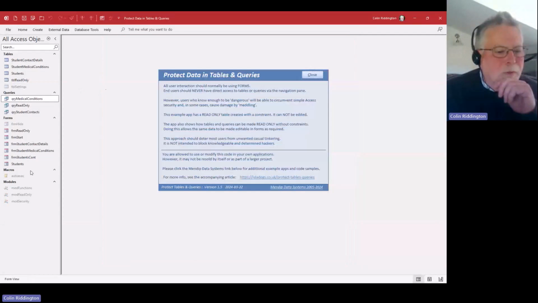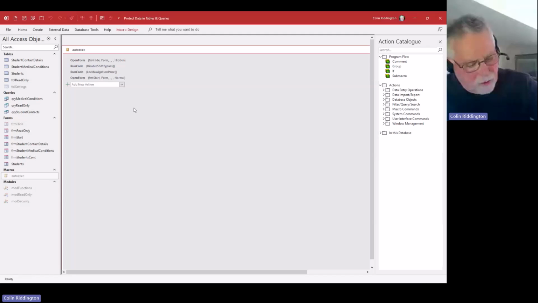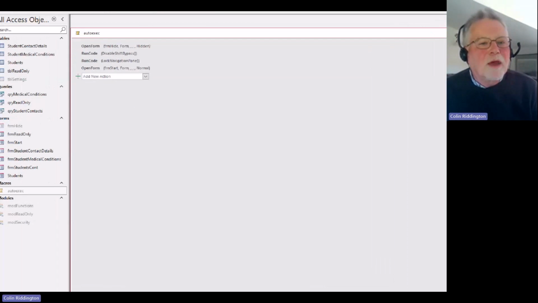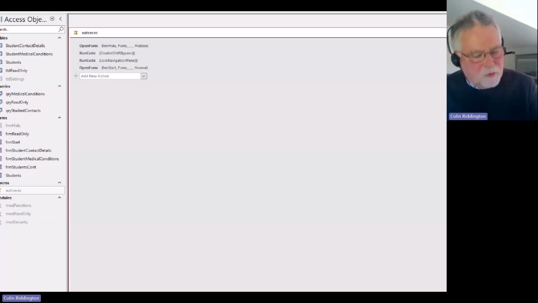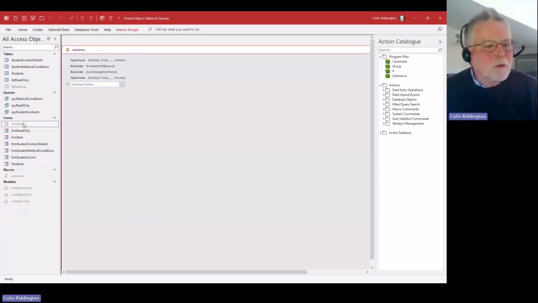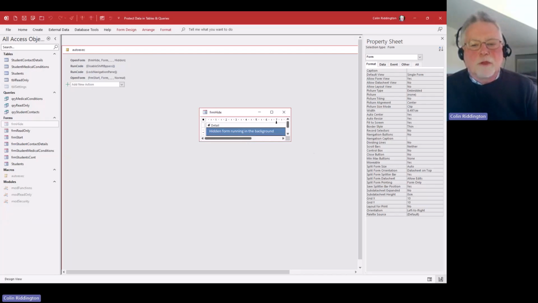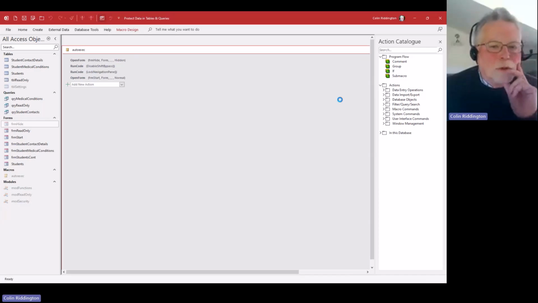How does this work? I've shown all the hidden objects here so I can get to the AutoExec macro. And if I click on zoom so you can see that, first of all, the first thing it does is open a form called frmHide, and it opens that hidden, pretty obviously. And then it disables the shift bypass, locks the navigation pane, and opens the normal start form. Let me just show you the hidden form is nothing special. It just runs in the background. When that hidden form is opened, though,